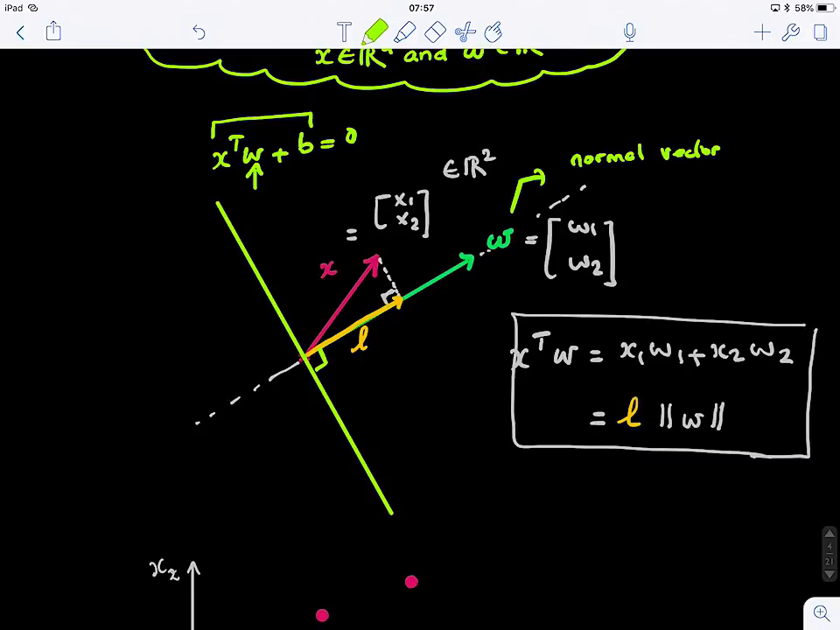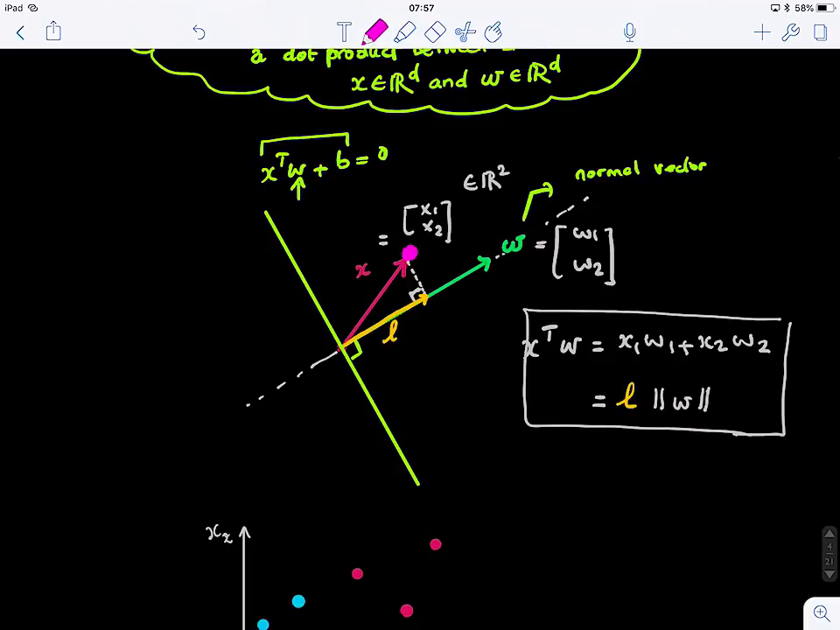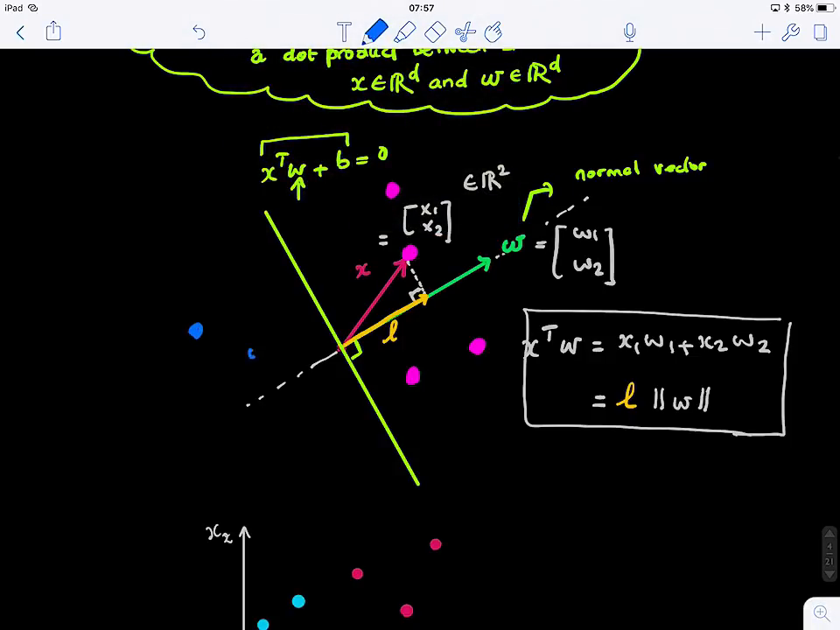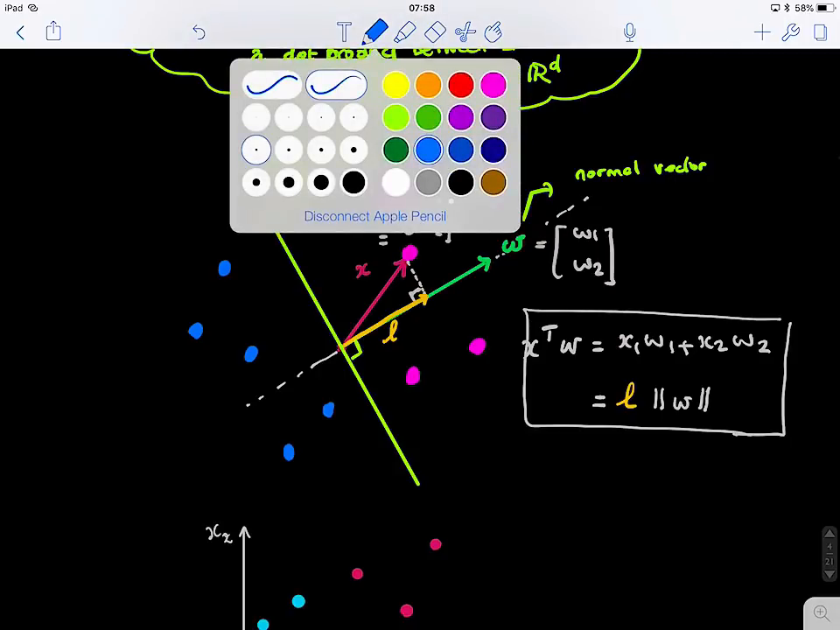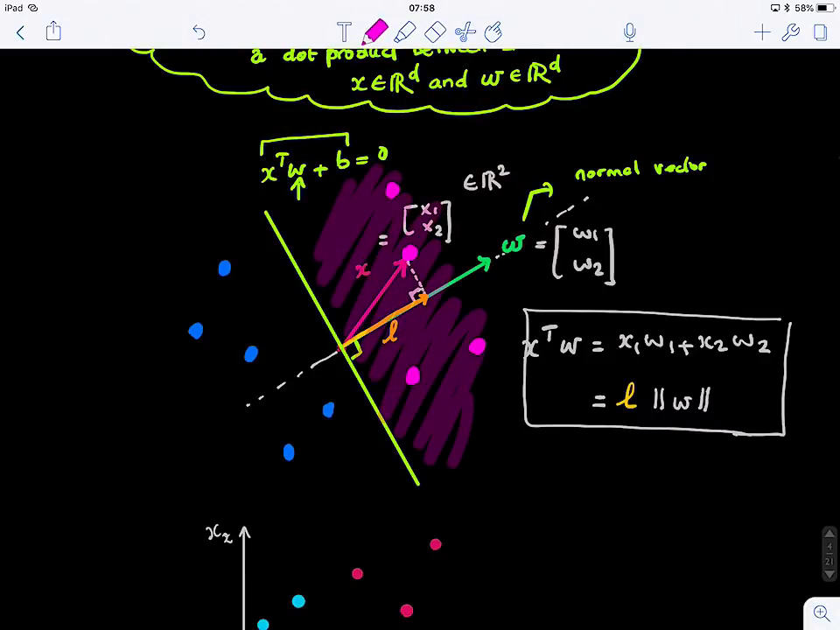So what do you guys notice here? If we have a point, now let's go back to our classification problem. So this is our point x, and we have more points on this side of the plane. And we also have other data points falling on the other side of the plane, right? So what we want is that all points that fall on this side of the plane, that's called the pink side, okay? So we want all those points. We want the dot product